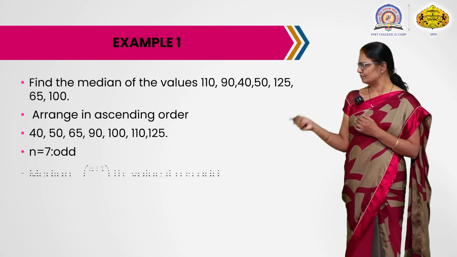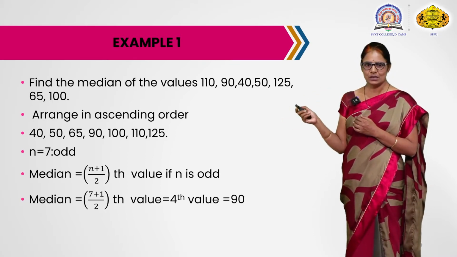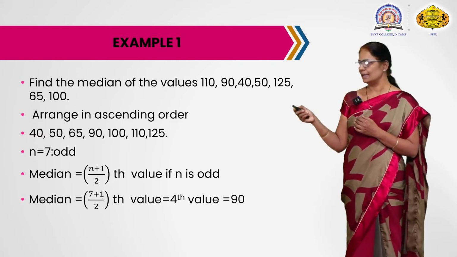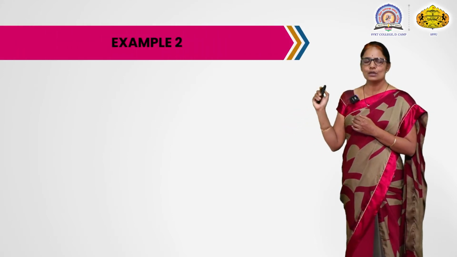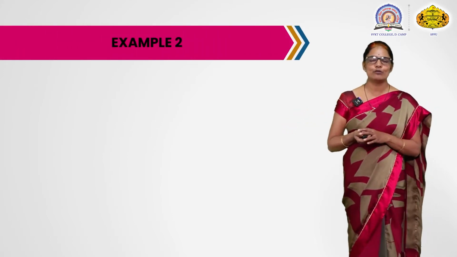of the given data. So look here, count the 4th observation. You can easily count here, the 4th observation is 90. So 90 is the median of the given data. Now let us consider another example where n is even, where the number of observations